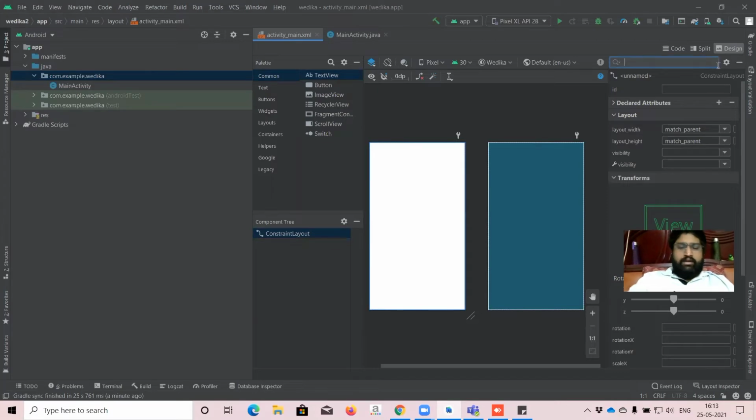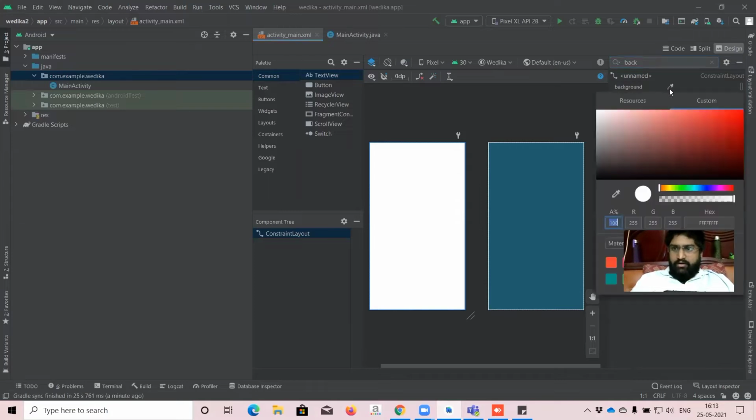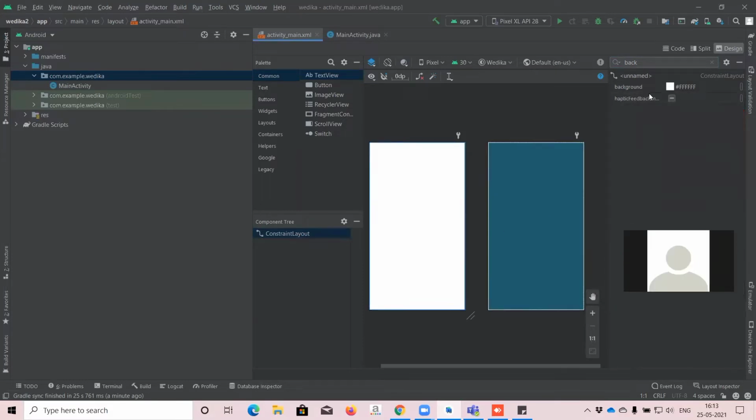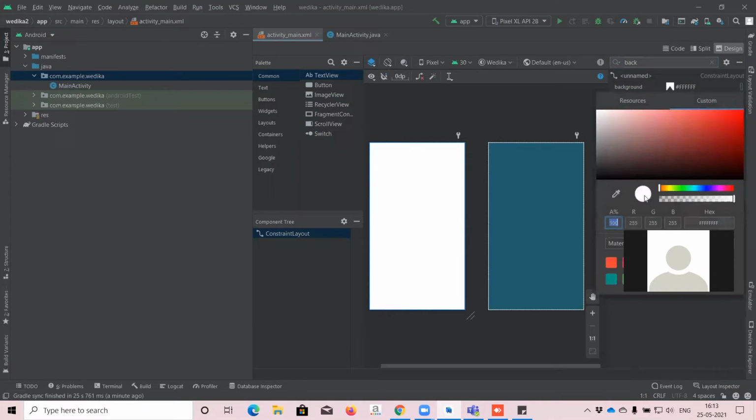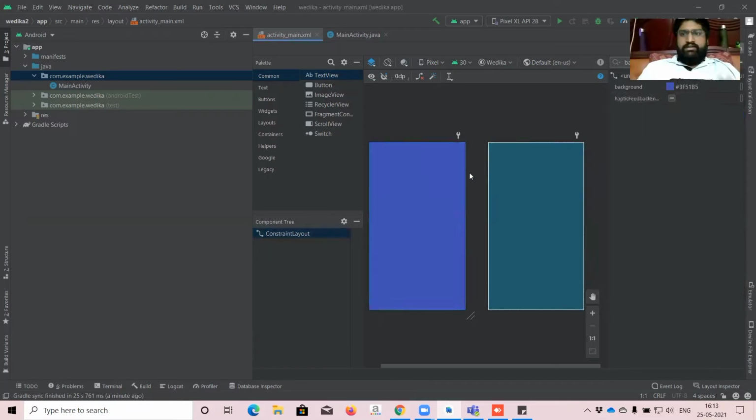You have to enter background, and after entering it, a pen-like icon will be there. You go there and select some colors. That's it. So I have changed the background.